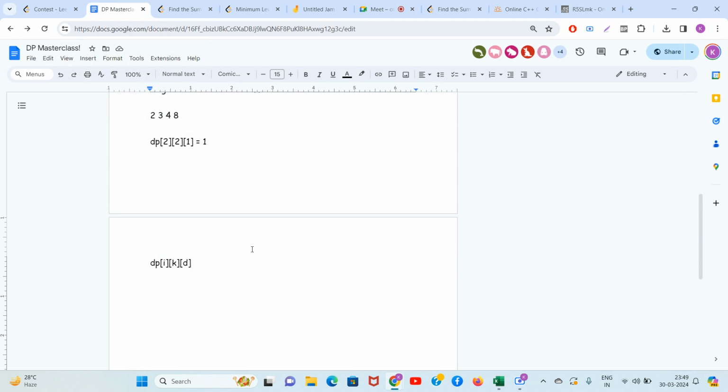dp[i][k][d]. So what you will do, iterate for all j from 0 to i. If b of i minus b of j is less than d,